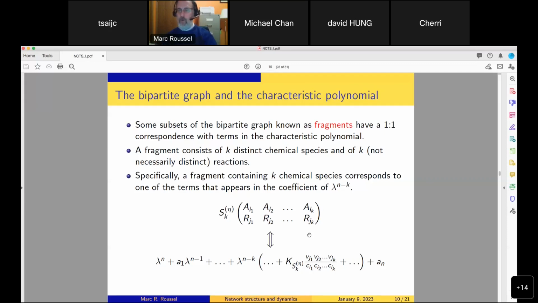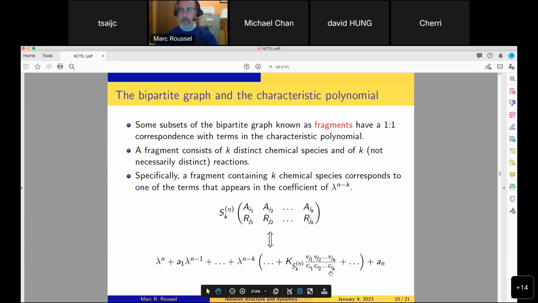take the derivative of a monomial, which has a particularly simple form. If you think about taking the derivative of x^n, you get n x^(n-1), right? So that's like taking x^n and dividing by x. So if you take the rates corresponding to these reactions and divide them by the concentrations of the species that are in your fragment, then you'll get a term like this